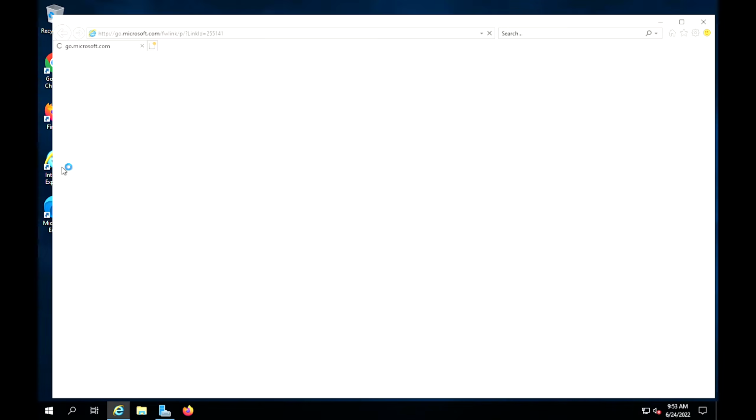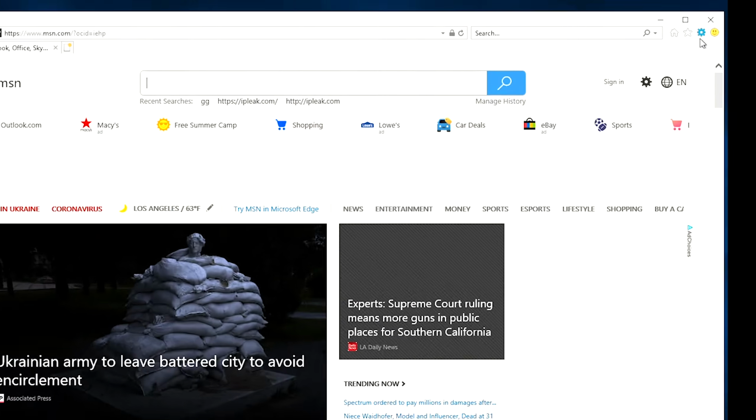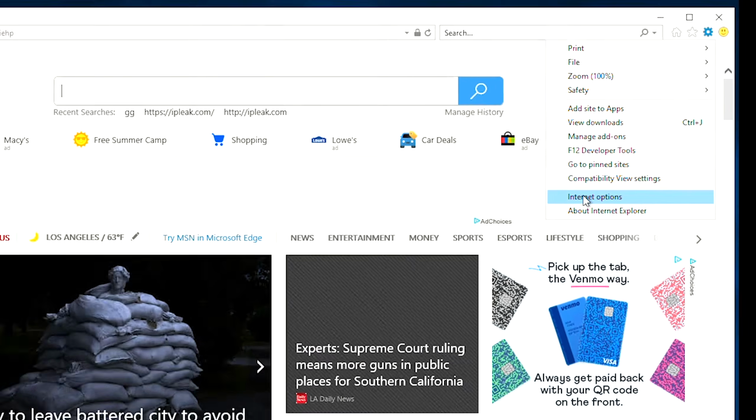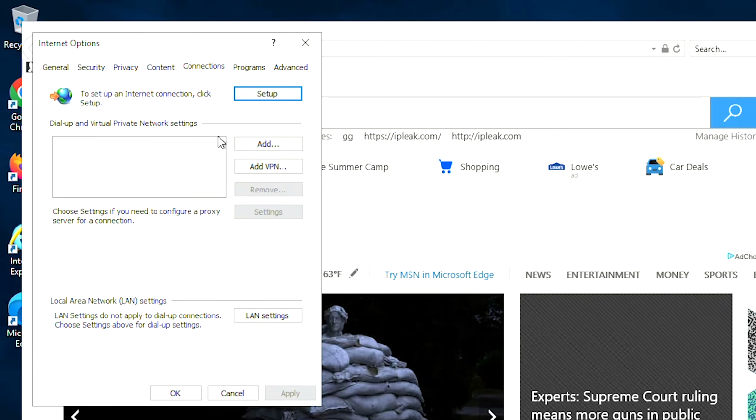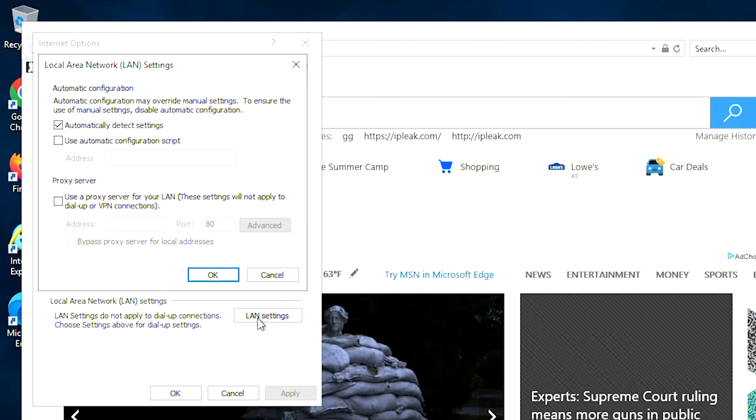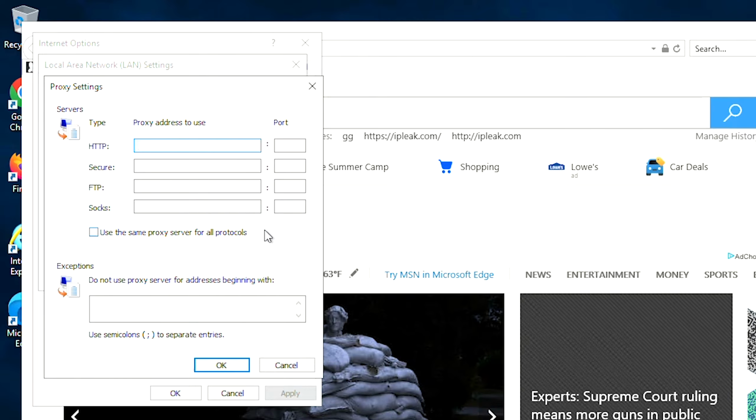Open Internet Explorer. On the Tools menu in Internet Explorer, click Internet Options. Click the Connections tab, and then click LAN Settings. Under Proxy Server, click to select the Use a proxy server for your LAN checkbox. Click Advanced. In the address box, type the IP address of the proxy server. In the port box, type in the port number that is used by the proxy server for client connections, by